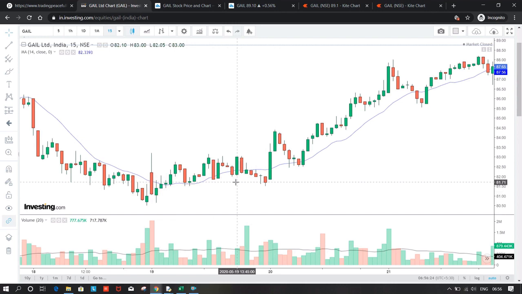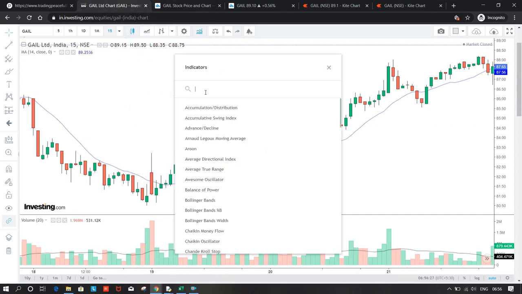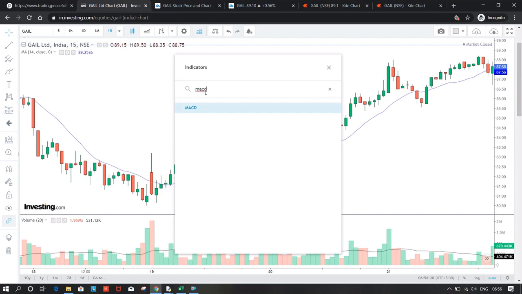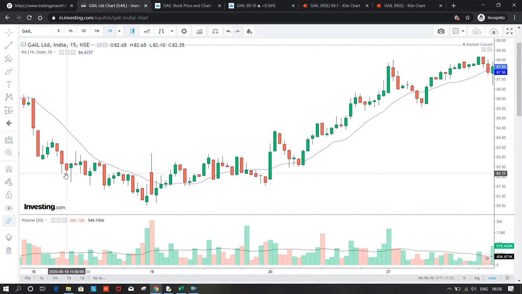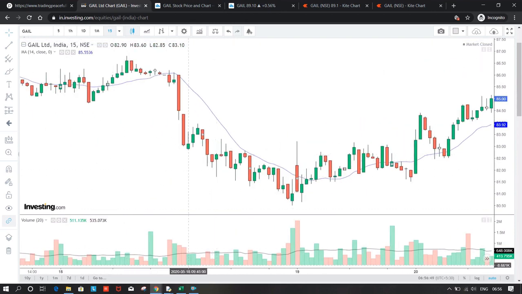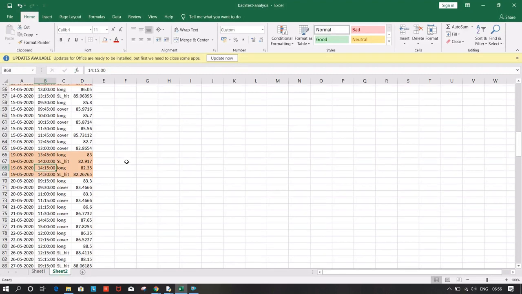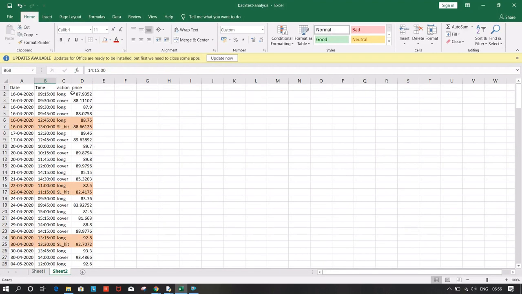See, losses happen. If I use MACD also, we would have taken this trade also. There may be some indicator which you have used and you wouldn't have taken this trade. You have to find out that indicator and include it in your strategy. That indicator should not reduce your profitable trades to a large extent and should reduce your losing trades to a large extent.